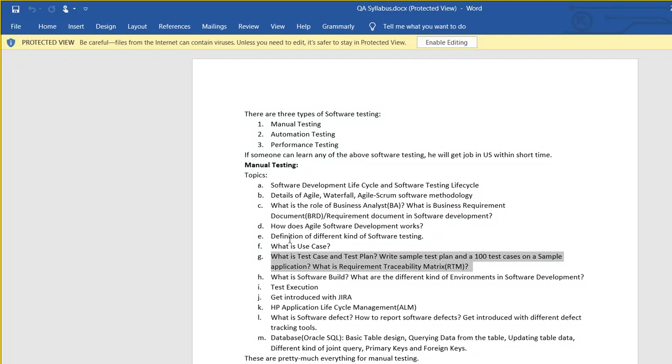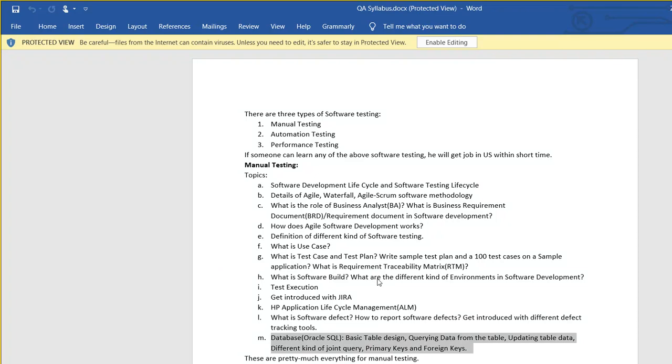You will be learning a little bit about Jira. You will be learning a little bit about ALM, a manual testing tool. Jira is a manual testing tool. You will be learning about software defects, right? Software bugs, how do you report a bug? And then you will be learning database, Oracle database.